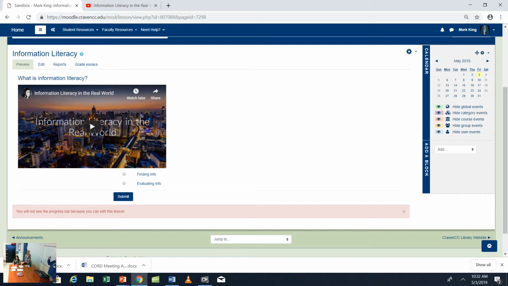Because I see a lot of students get the PowerPoint, print it out, and then do the quiz by itself, but everything's in one spot here. And the nice thing is it will actually grade it and give them a grade for it.